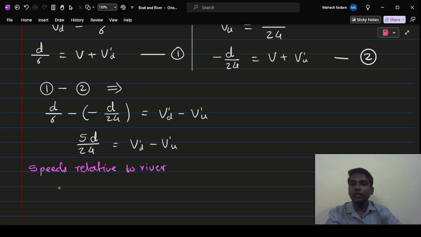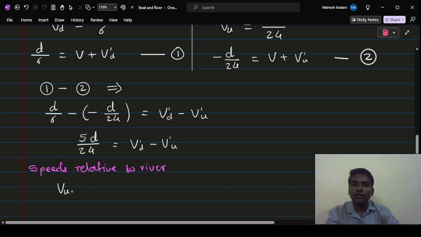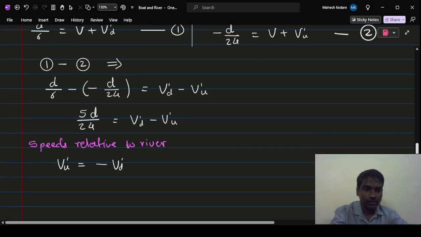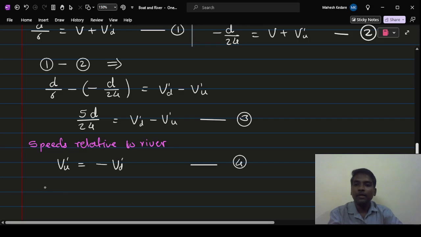Speeds relative to river. Upstream relative speed is equal to downstream relative speed, but they have opposite algebraic signs. So we replace V dash u in this equation by minus V dash d. Let's call this equation as equation 3 and this as equation 4. So using equation 4 into equation 3,